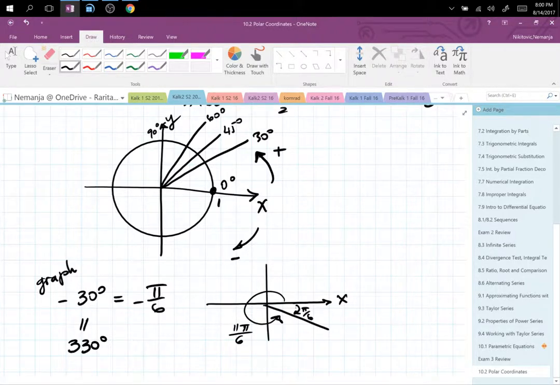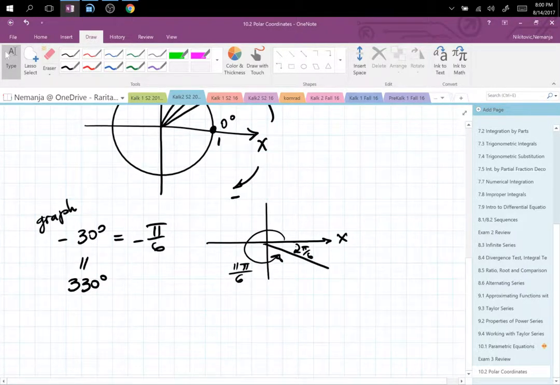Now each one of these can be represented again and again by simply adding the period of 2 pi. So 11 pi over 6 has the same location